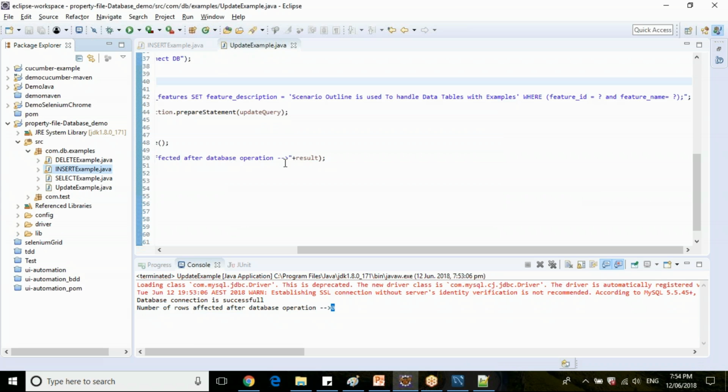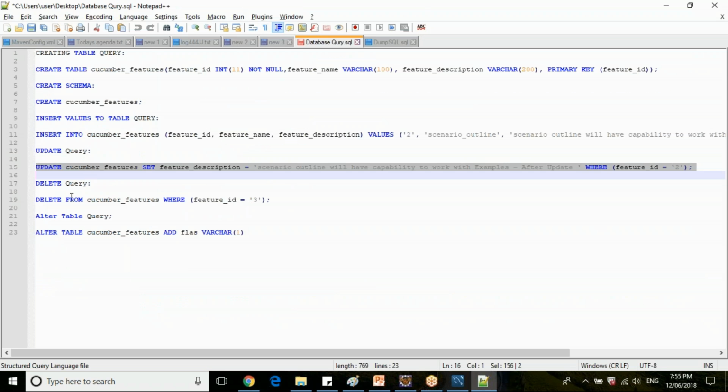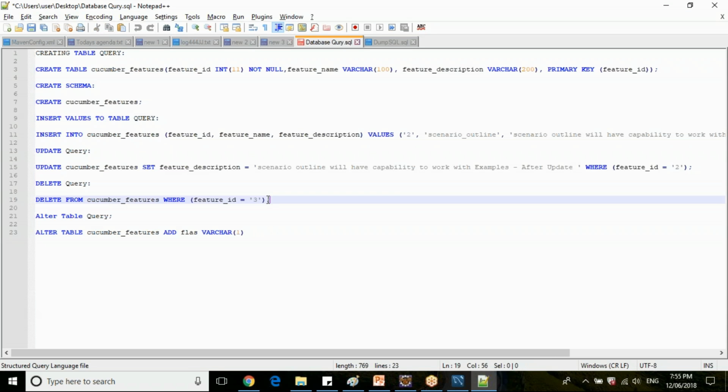So, delete example. What exactly do I need to use here for delete? The delete query first. So delete from Cucumber features where feature ID is equal to 3.